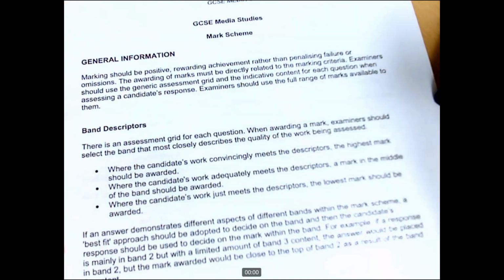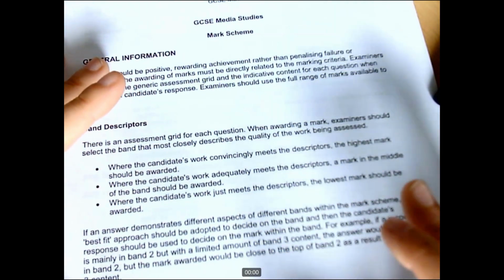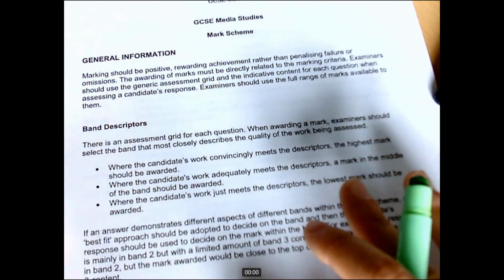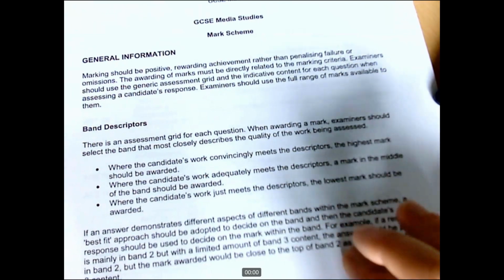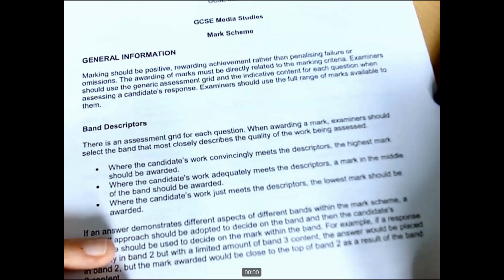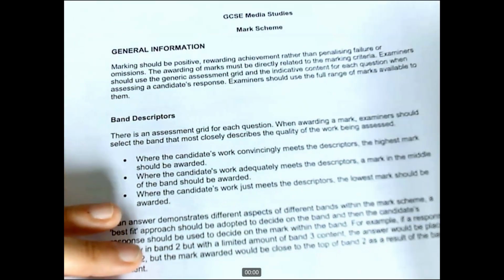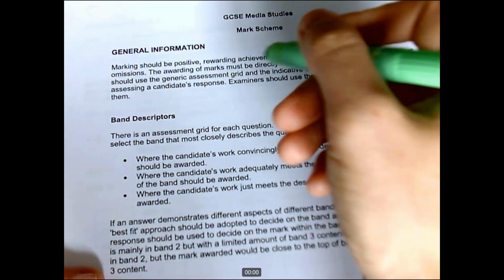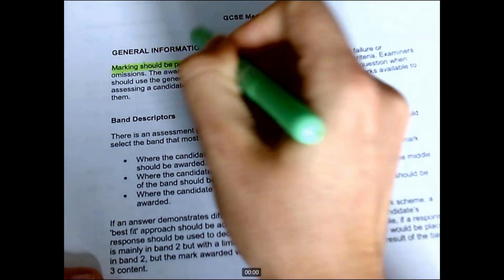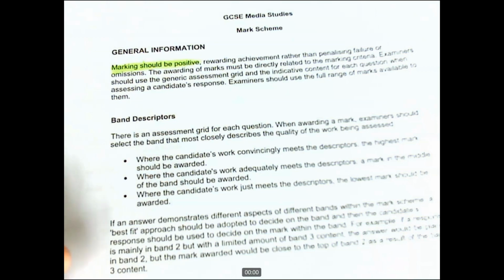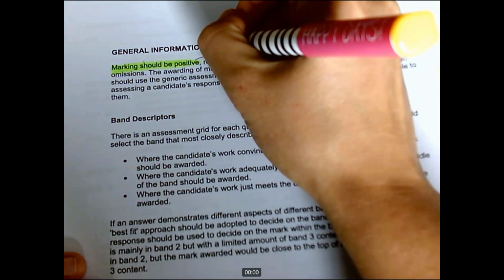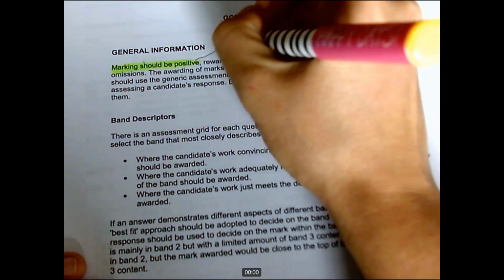and this is the same information whether you're looking at paper 1 or paper 2. So we'll only go through this once, but bear in mind that this is given to all examiners at the beginning of the paper, whether they're marking paper 1 or paper 2. So the first thing to comment on is this bit here, which is that marking should be positive. And basically what this means is that they are looking at giving marks rather than taking them away.